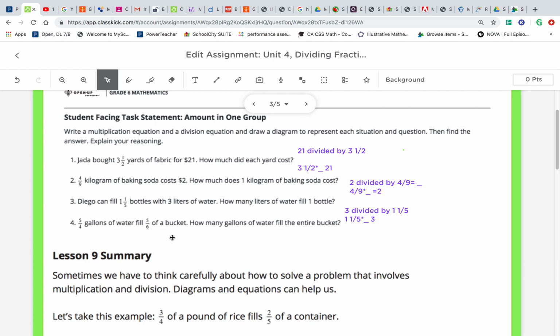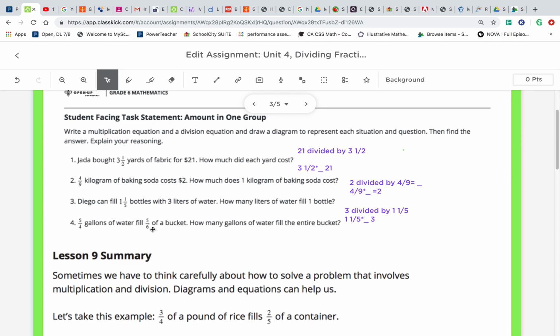We're talking about filling up a certain amount of a bucket or of containers or bottles with a certain amount of stuff, right? Water, fabric, whatever the case might be, okay? But in the situation here, you can see like for here, Diego can fill 1 1/5 bottles using 3 liters of water. Here, he's going to use 5/4 gallons of water to fill this much